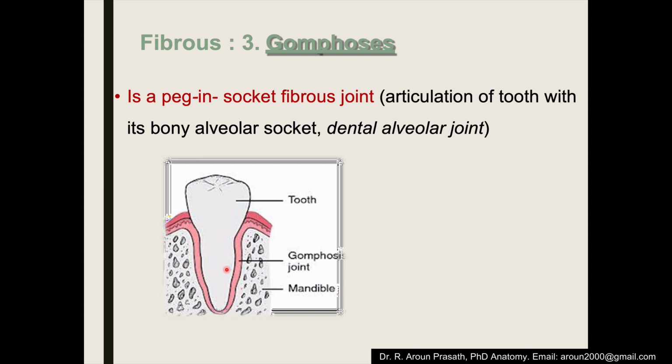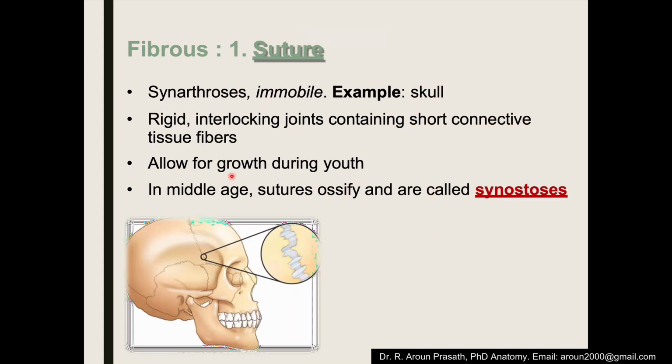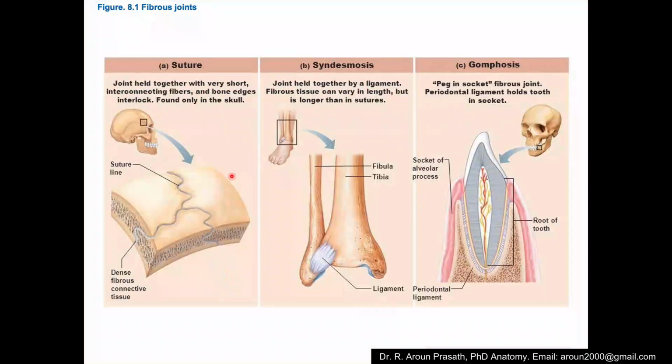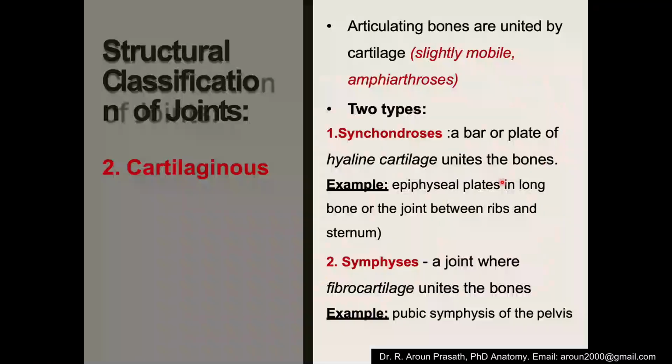So if there is movement, then the tooth will try to come out. During old age it is common. Okay, so that is this type of variety of joint in the immovable joint, gomphosis. So these are the three varieties in the immovable joint: one is the suture joint, syndesmosis, and the gomphosis joint. Okay, so you can see the joints of the skull, then the tibiofibular joint, and also the insertion of a tooth inside the socket, that is a peg in the hole. Okay, we call it a gomphosis.